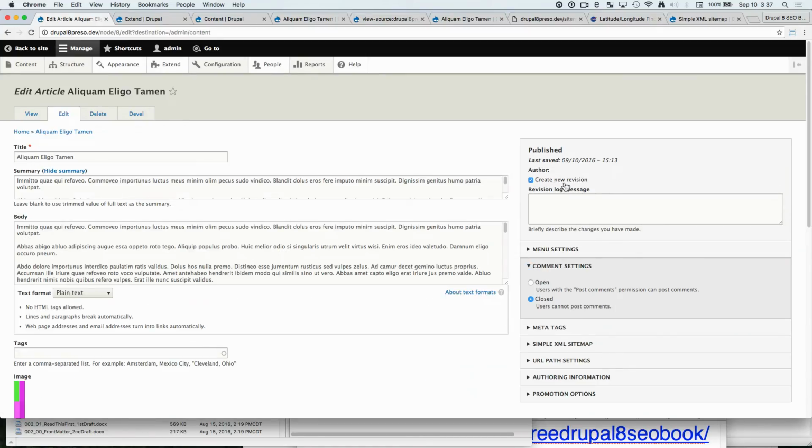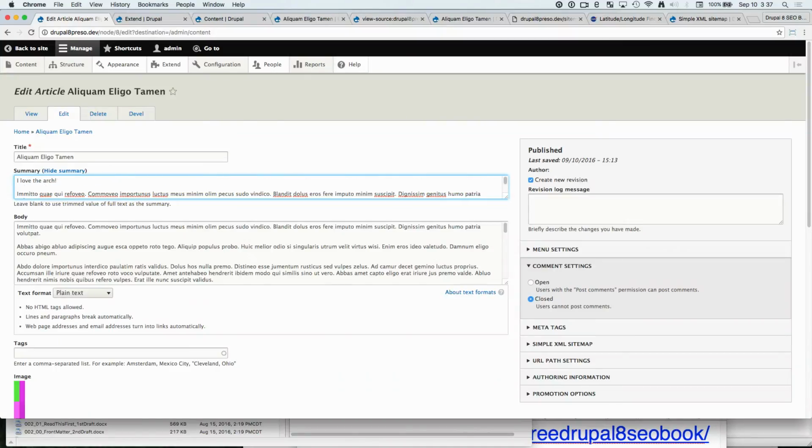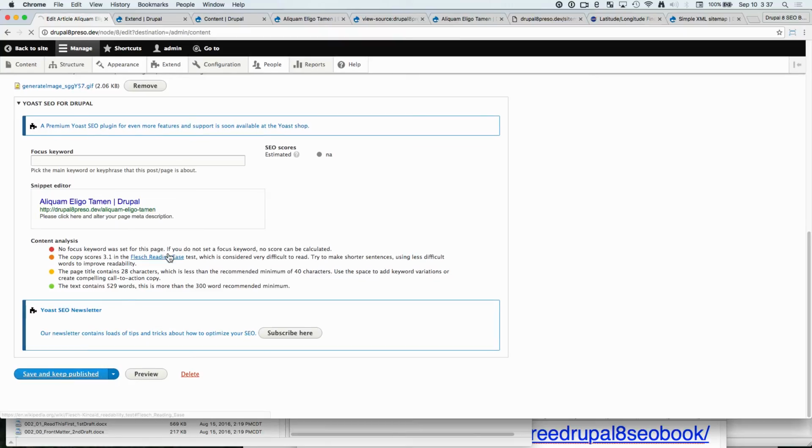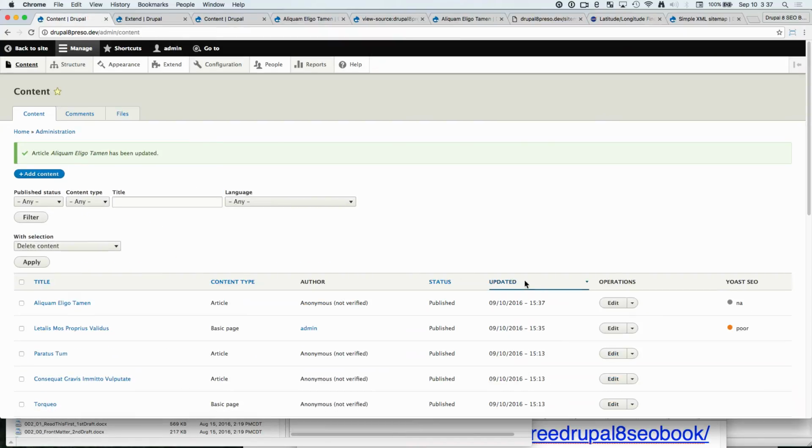So what this does is it creates revisions. So I'm going to make just a slight change. I love the arch. Do you call it the arch? Yep. Okay. I love the arch. Save it and keep published. Now when I go into this one,